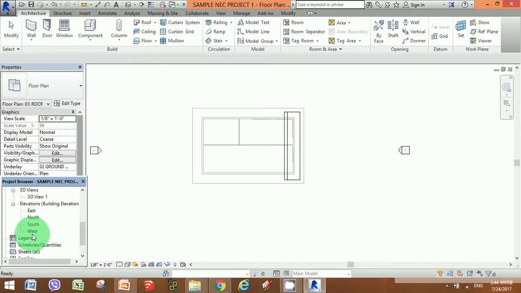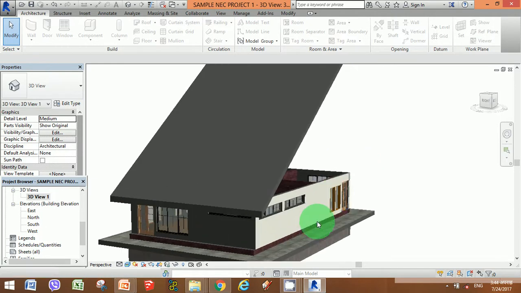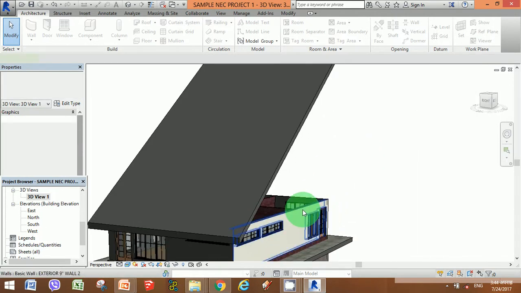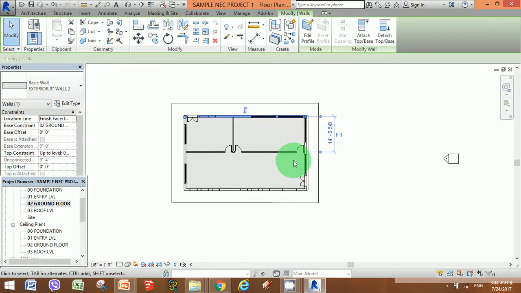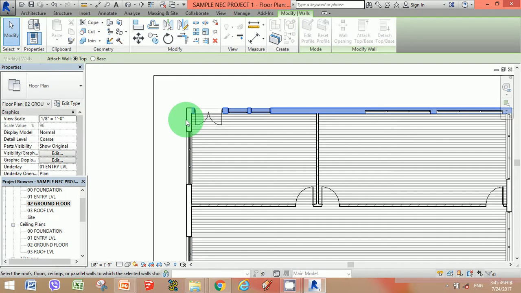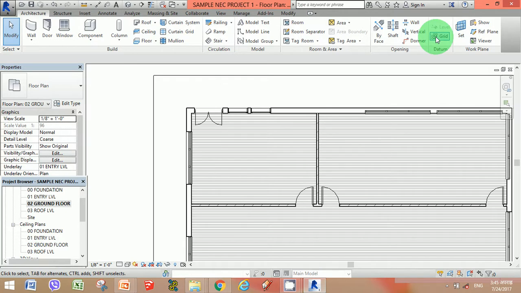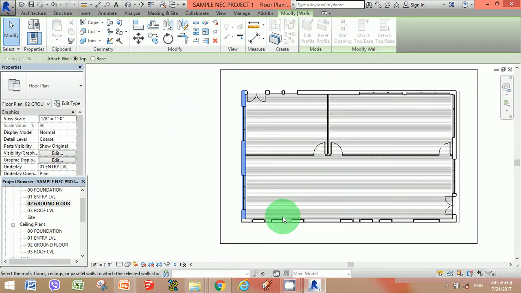Once selected, let's go to 3D view. Now let's attach these walls to the roof base. What we can do is select the wall and attach it to the top base.